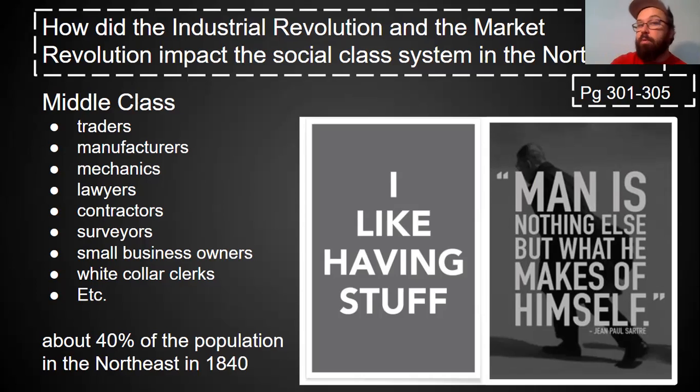But an even bigger one, which again, I would argue is still very much with us today, is this idea that if you are rich, it must be because you did something right. You worked really hard, you're really smart, you have a special set of skills that maybe you were born with, whatever it is. If you are rich, it's because you are special, right? Okay, but the converse of that often comes with it. If you are poor, it must be because you are lazy, or you are stupid, or you refuse to work hard, or there is something about you that is not special or broken in some way, right?